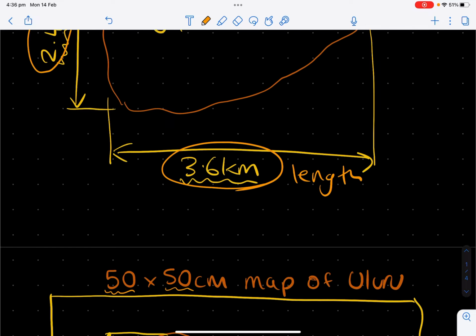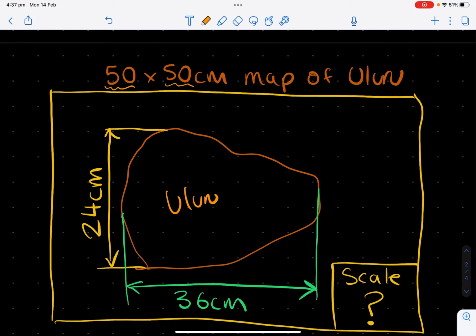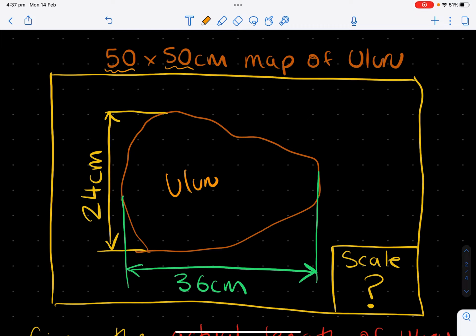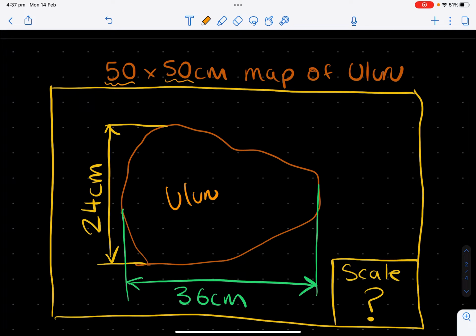Uluru has a 3.6 kilometer length and a 2.4 kilometer width. Whenever we draw a map, we first need to take into context how big the map is. It's 50 centimeters by 50 centimeters, so it makes sense that our map of Uluru is going to take up maybe 2/3 of the map, if that is the principal object of the map. So I've made it so the units are 36 centimeters by 24 centimeters, not only because that genuinely fits the map well, but it's going to be very nice with our calculations